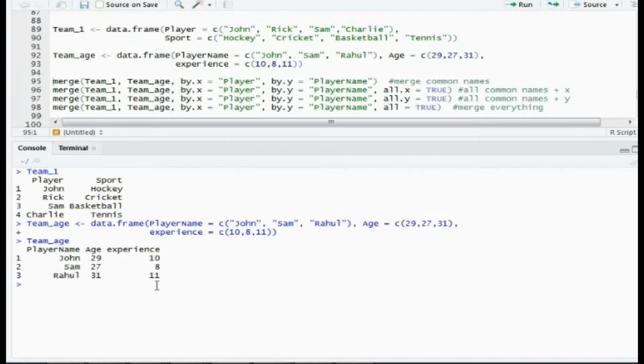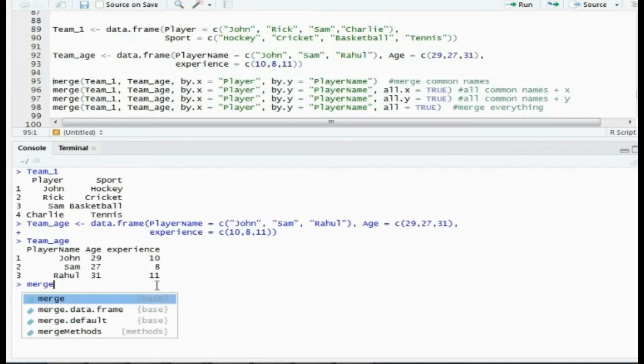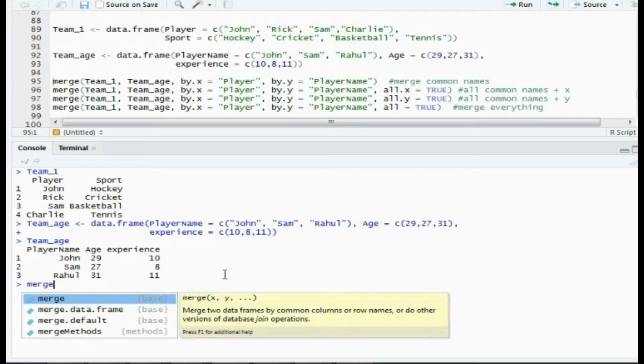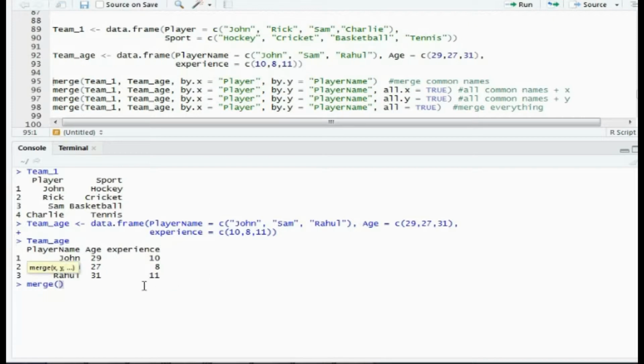So here I'm going to use the merge function. It is an inbuilt function and you need not install any package for that. So let's see how we are going to use it. merge team1, team age. You have to give both the data set names and then the key column name. In this case, player and player name are common, but they have different column names.